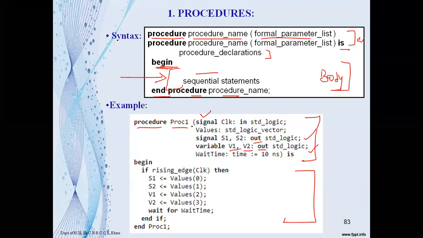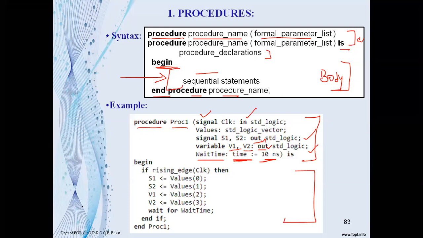So in the procedure declarative part, you have declared the signals and variables and also a wait time, which is of data type time, with an initial value of 10 seconds. All these are the parameters, and in these parameters you have input parameters and output parameters too, right?